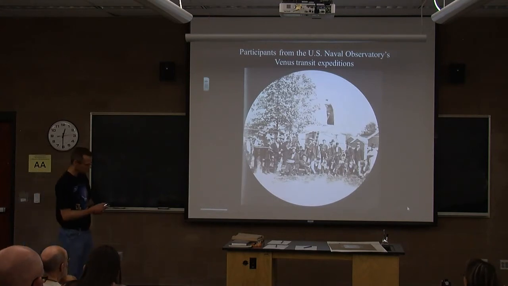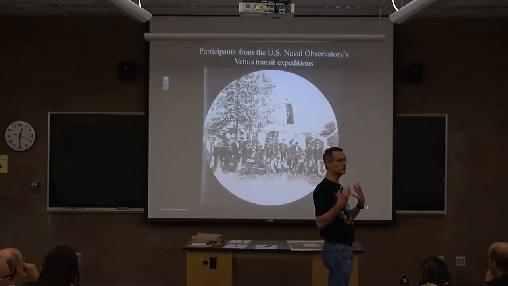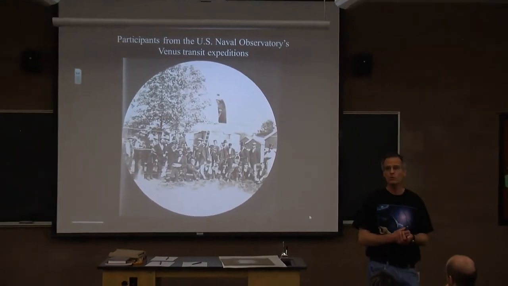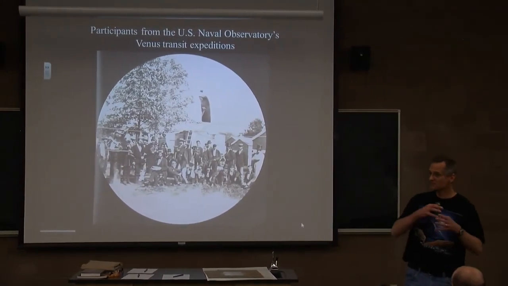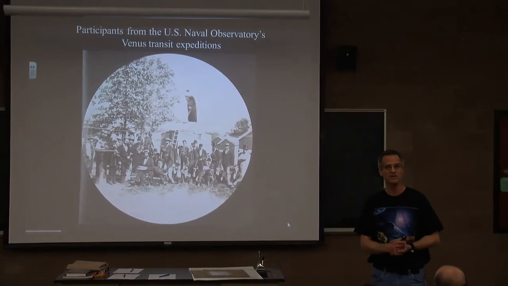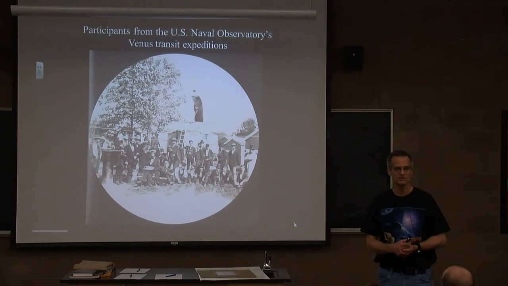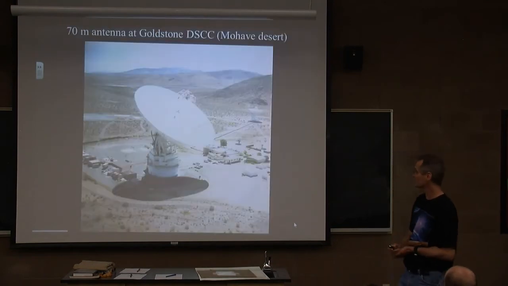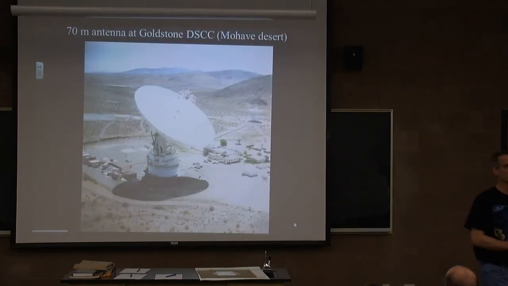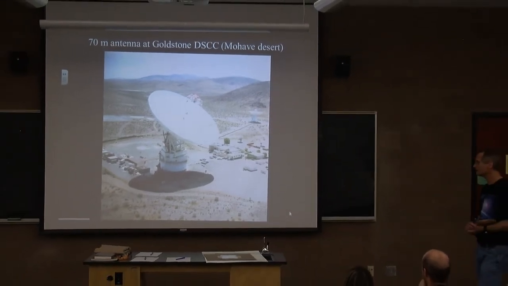Now, what's interesting is back in the 1700s, 1800s, these were huge events. The countries were willing to spend lots of money to send people all over the world and take great risk to go and observe. Today, we don't use the Venus transits to measure the size of the solar system. We have much higher tech ways of measuring the size of the solar system, like bouncing radar off Venus. And we have other high-tech ways of doing it.